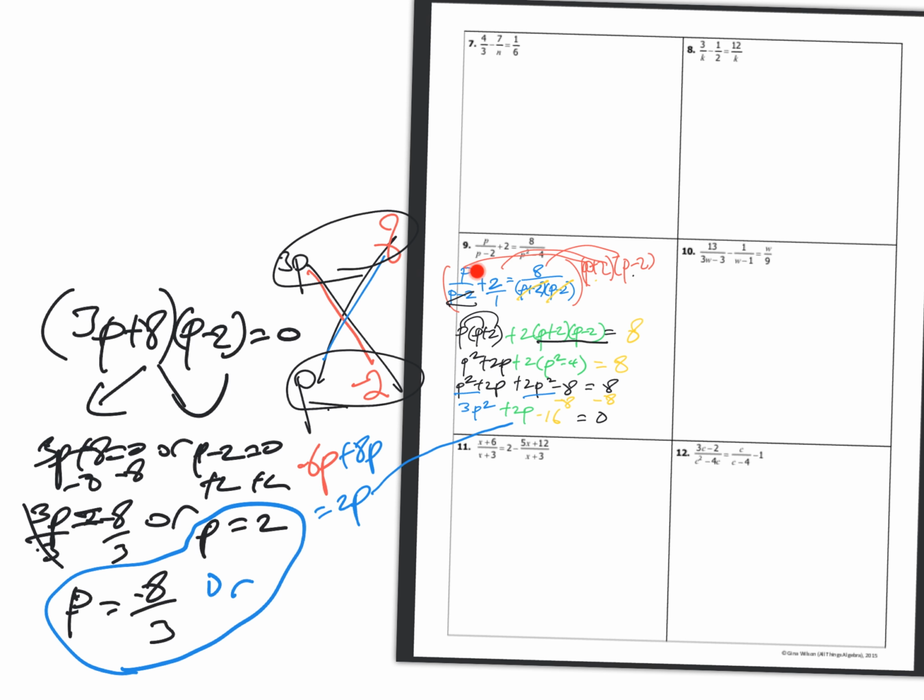Look, 2 minus 2 is 0. That would make my expression become p divided by 0. That would make the answer undefined, the problem undefined. Therefore, in this case, p = 2 is not a solution, right? p = 2 is not a solution since it makes